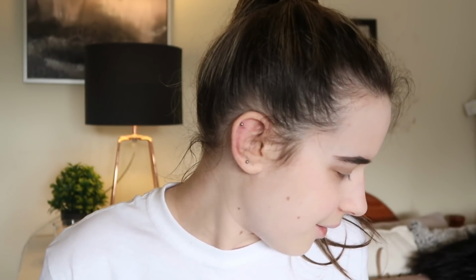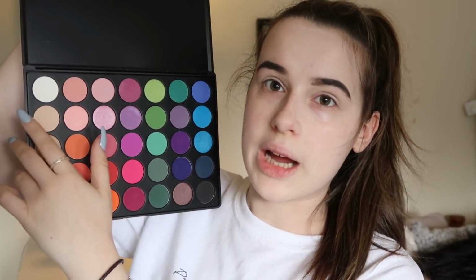Firstly, before I do anything else, I'm gonna set my eyes in place basically. So to make sure, no, that is the mascara, not the concealer. So to make sure that everything is set in place and I've got a nice base for my eyeshadow, I'm gonna use my Makeup Revolution Conceal and Define. I'm just gonna go in with this white just at the top here, just to set the concealer in